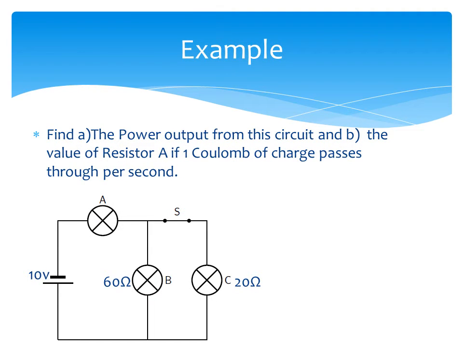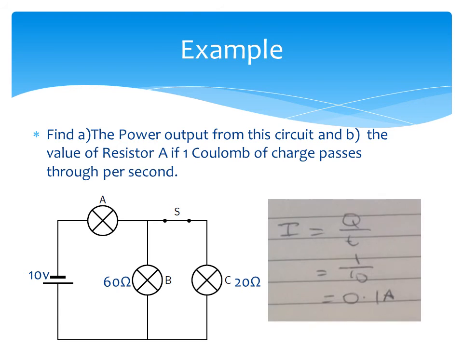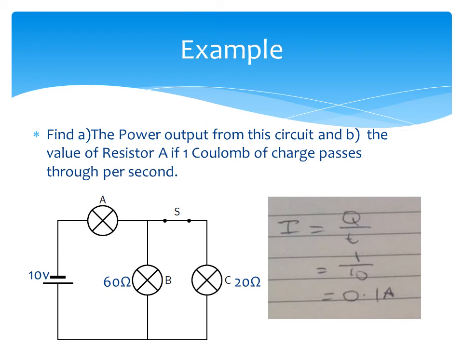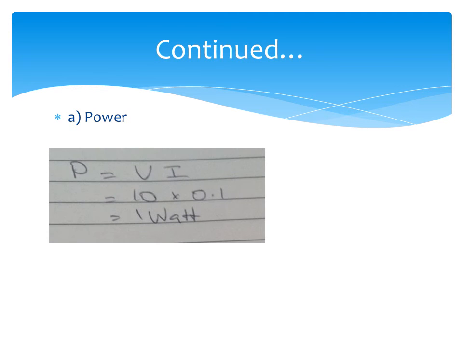Here is an example using the equations discussed earlier. Find A, the power output from this circuit, and B, the value of resistor A if 1 coulomb of charge passes through the circuit per second. Firstly, we need to find the current. We can do this by the formula I equals Q over T, and that's how we get current equals 0.1 amp. Next, to find the power, we use P equals VI, which gives us power equals 10 times 0.1, giving us